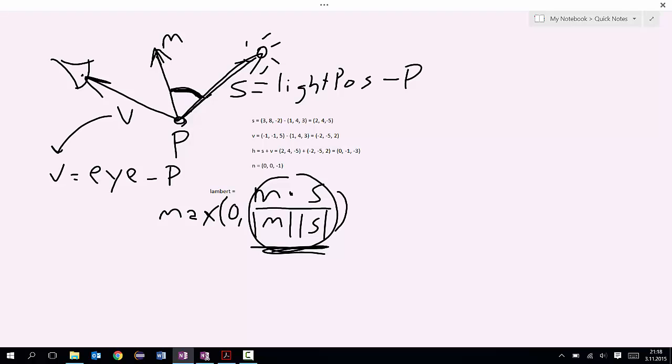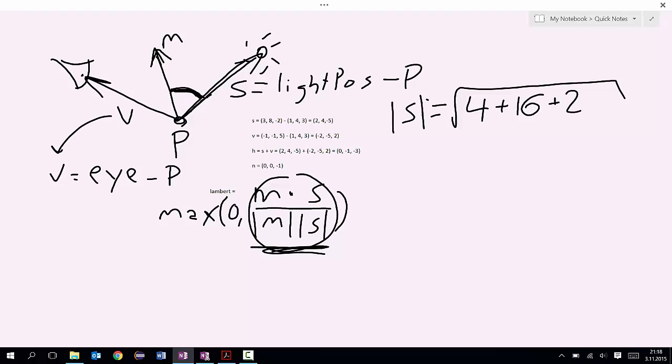So what we're going to need here though is the length of s, which equals the square root of 2 squared plus 4 squared plus 5 squared. So the length of s is the square root of 45. We'll just leave it at that for now. Okay, so Lambert now equals,